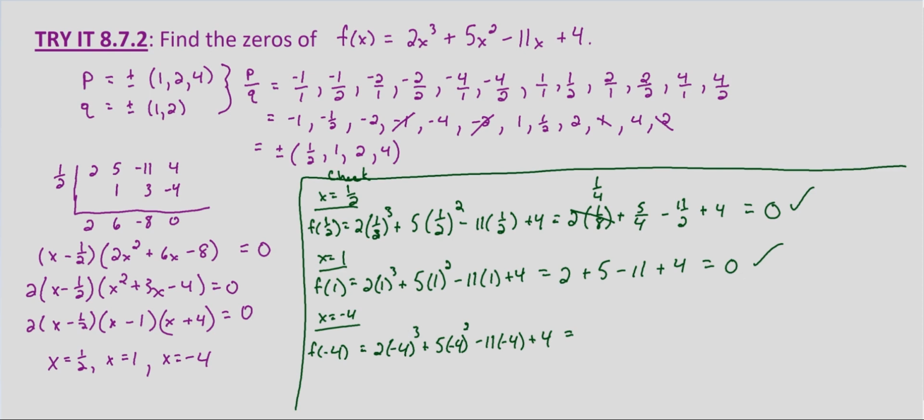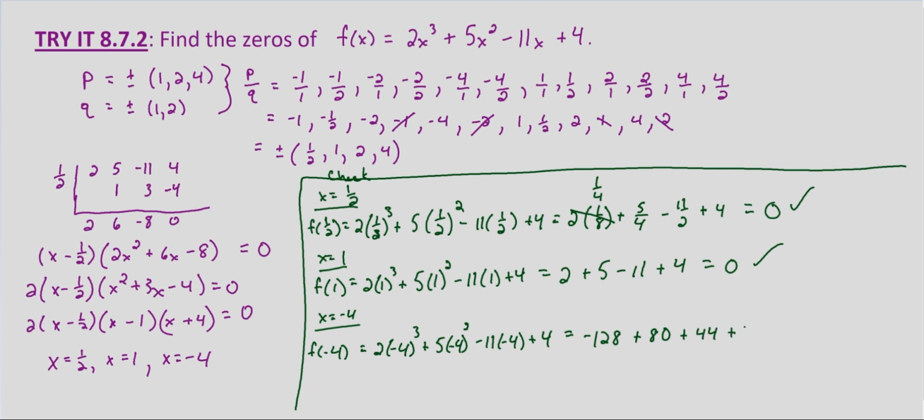So this is negative 64 times 2. So that's going to be negative 128. Negative 4 squared is 16. 16 times 5 is 80. So plus 80. Negative 11 times negative 4 is positive 44